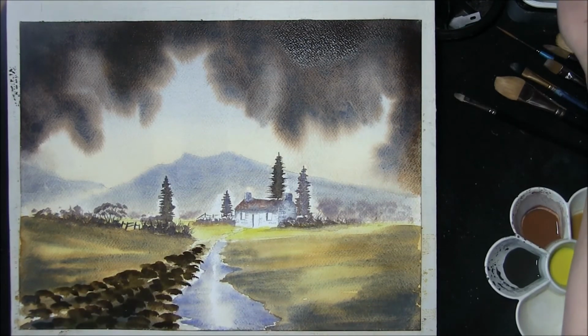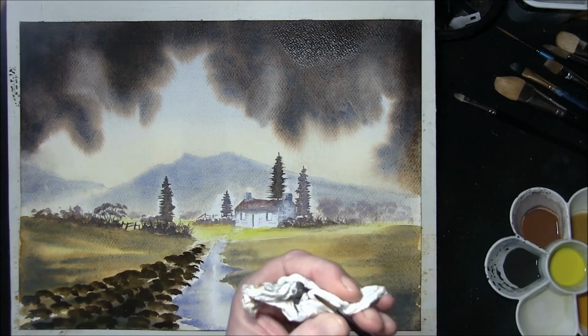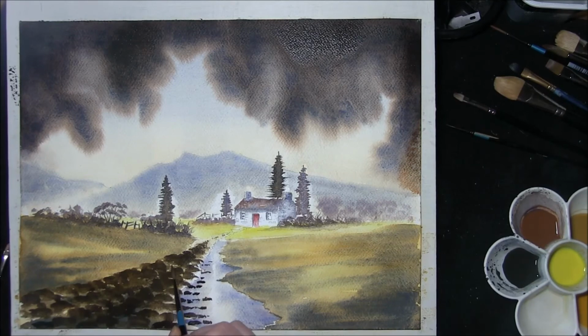Once you have your furrows in, don't forget to soften off with a damp brush, which is a fully loaded brush. Wipe it through some kitchen towel and begin to feather the bottom edges in. This will attach it all to the ground. Okay, most of this has been softened off now, and don't forget to bring some of your divots